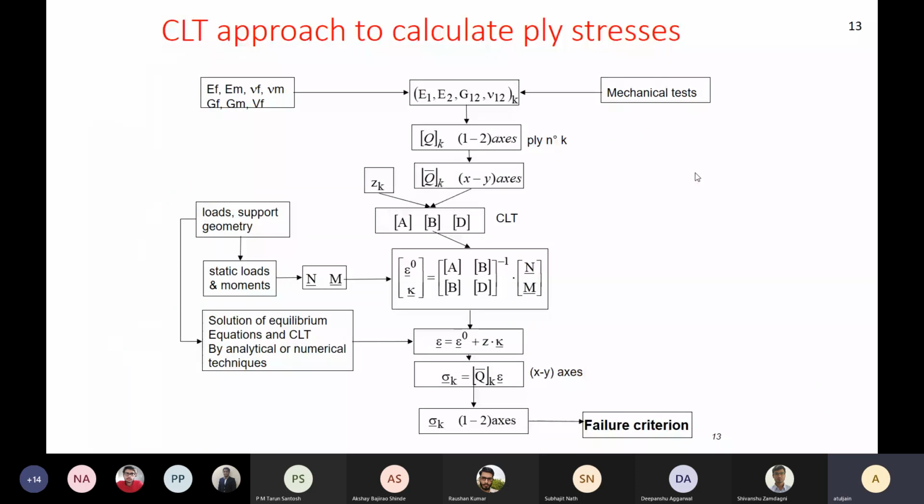So we had learned this CLT approach to calculating ply stress and damage. This I'm sure you understand. Now we are introducing another loop to our flowchart, where we apply the failure criteria. We will have the degradation factor, and then the Q matrix in the 1-2 plane will be changed for the lamina where the damage has taken place, and then we can iterate. We'll have this loop over and over again till my composite has broken into two and does not take any load.